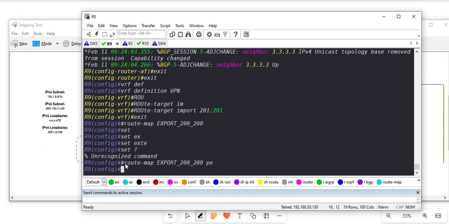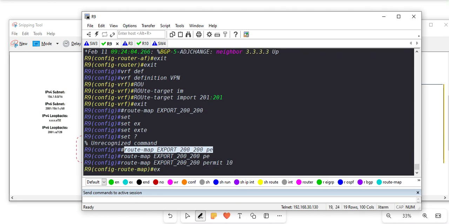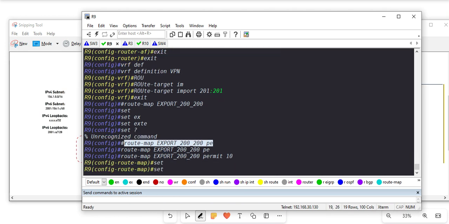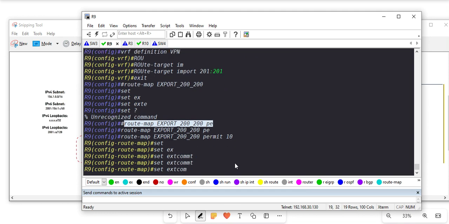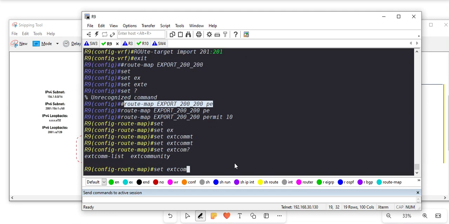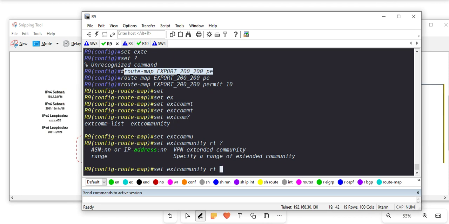Route map permit 10, set extended community RT 200 colon 200,